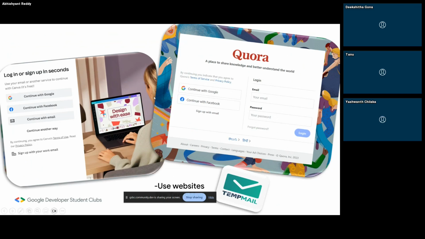But we do this with many websites, right? There are some websites maybe we don't use, we only use them for a one-time purpose, and we just give away our data, like our mail ID, and it has so much data, right? So if you are using some reliable websites and using them regularly, it's okay to log in with Google. But there are some websites you rarely use, then better to use something like TempMail.